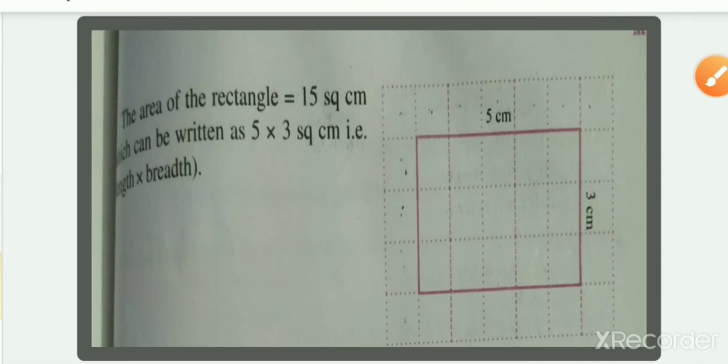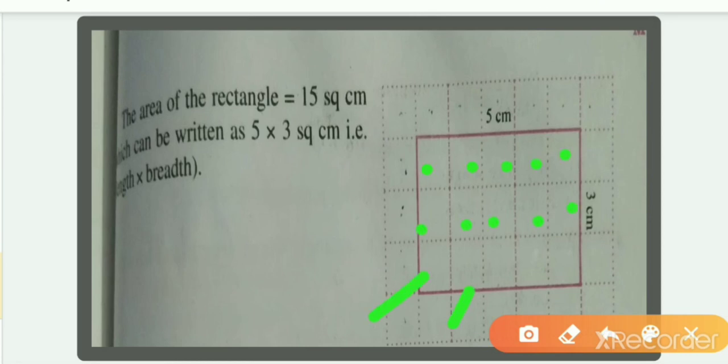Now we have this figure. It is very clear. You have to just count the square boxes. 1 2 3 4 5 6 7 8 9 10, and 11 12 13 14 15. How many square boxes are here? 15 square boxes are here. So easily you can find the area. The area of full squares will be 15 multiplied by 1 square unit, so it will be 15 square units.